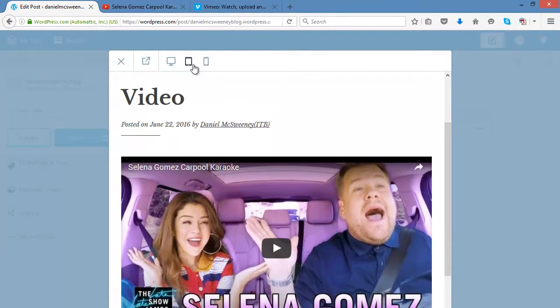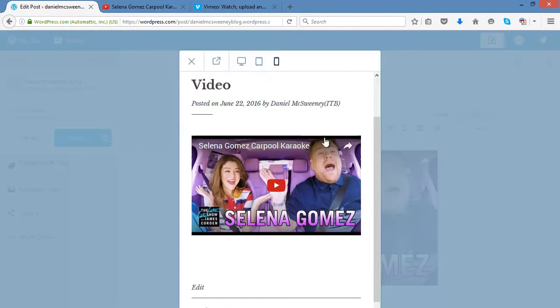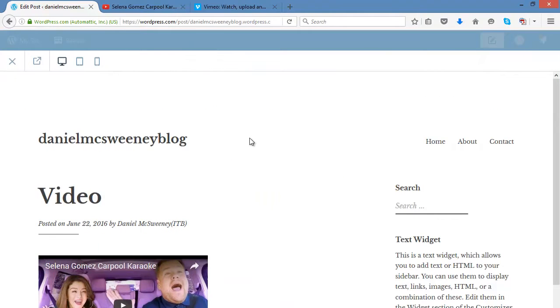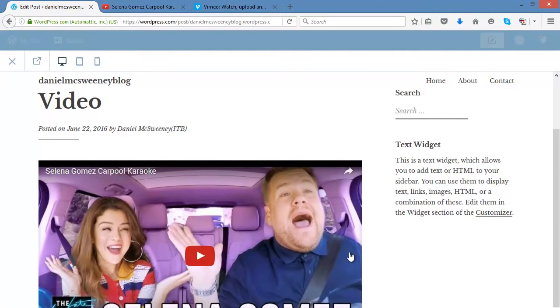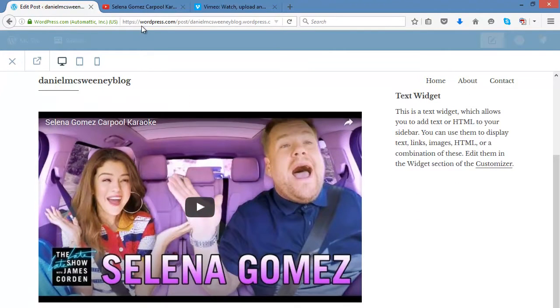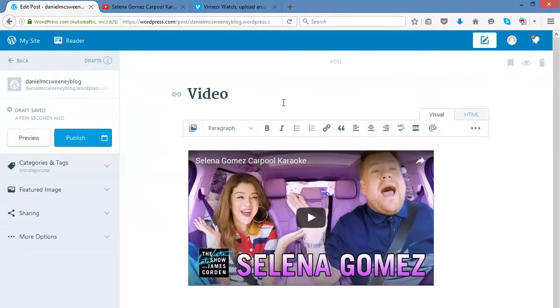This is how it's going to look on a tablet. This is how it's going to look on a phone. And this is how it's going to look on a desktop. So it's a really nice representation of the YouTube video. I'm going to close this view down, and now let's look at how we can embed a video from the